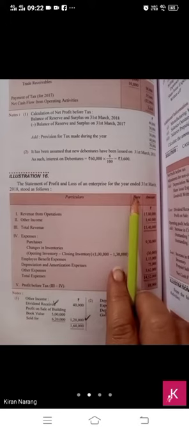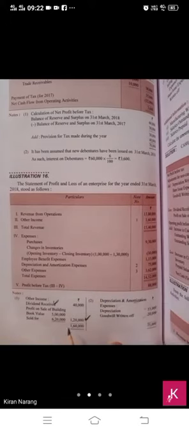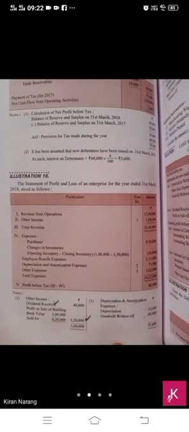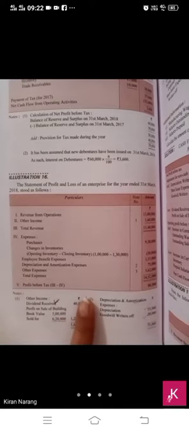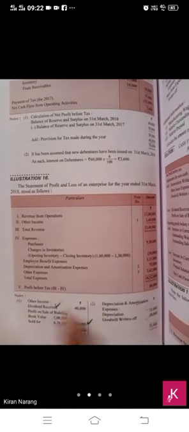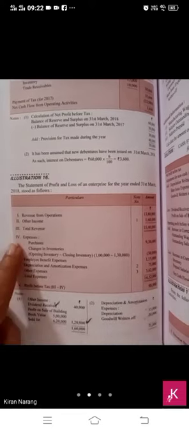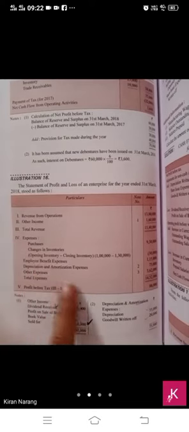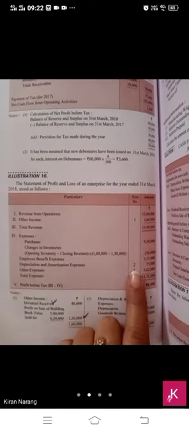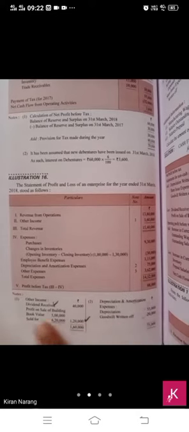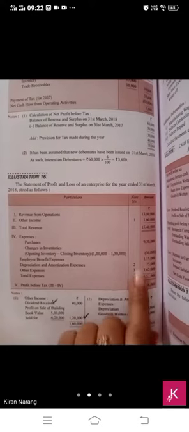Statement of profit and loss, and then some notes are given to you along with some additional information on the next page. So from the statement of profit and loss, only two items you will take. First is बच्चे, profit before tax 88,000. It is clearly given to you, and we have to add all those non-cash non-operating expenses, but we have given the details of those expenses in the notes. So we will consider the notes.